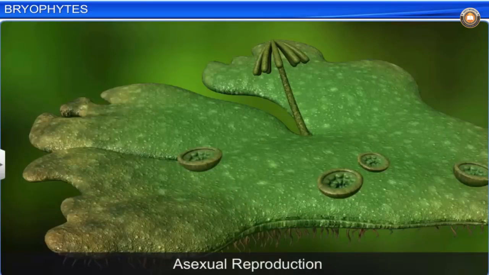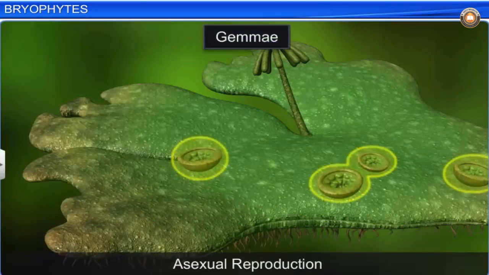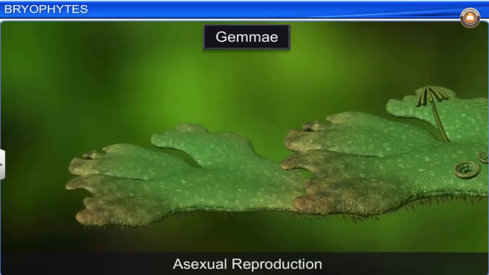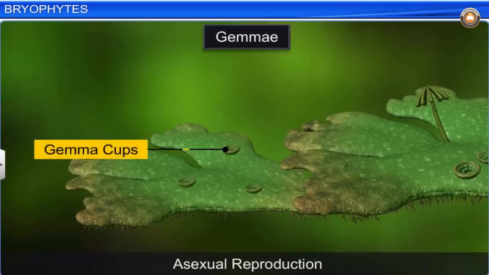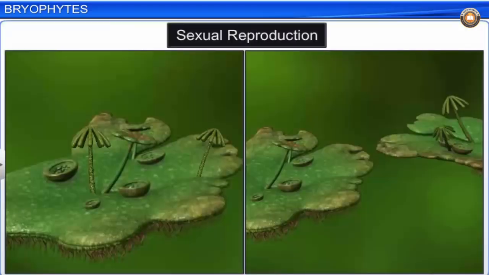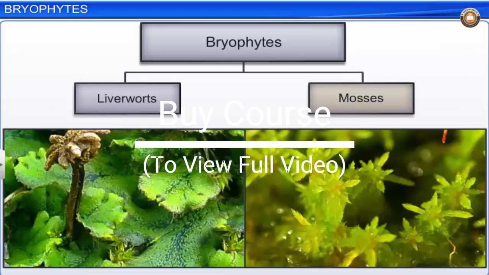Asexual reproduction also occurs when gemmae are formed. They are green, multicellular, asexual buds that separate from the parent and develop into new individuals. They develop in small receptacles called gemma cups located on the thallus. In the case of sexual reproduction, the male and female sex organs are produced either on the same or on different thallus. Mosses are an